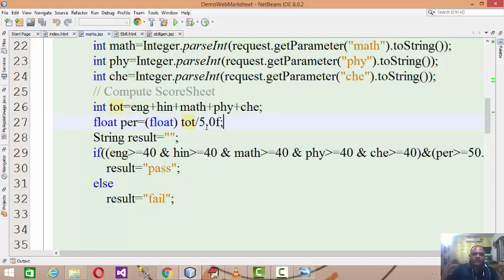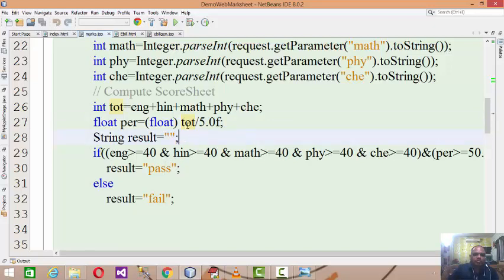As we already know, if you are specifying floating data, then you have to suffix it with f, which stands for float. Otherwise, by default, your fractional values will be considered double in Java. So total by 5.0f will generate the floating output, because percent is floating type data, right?